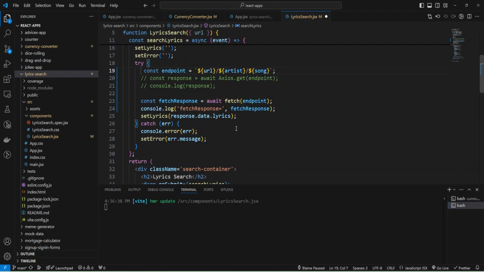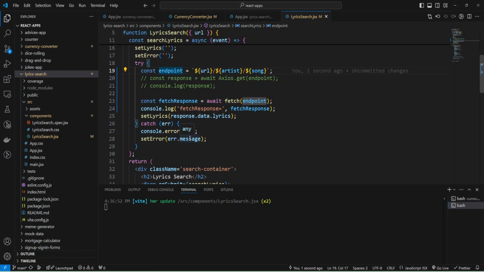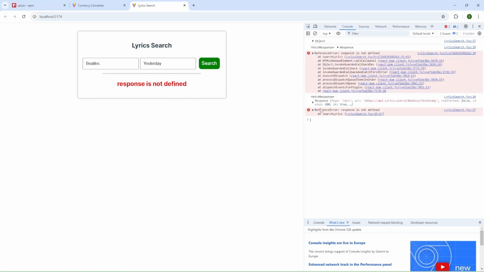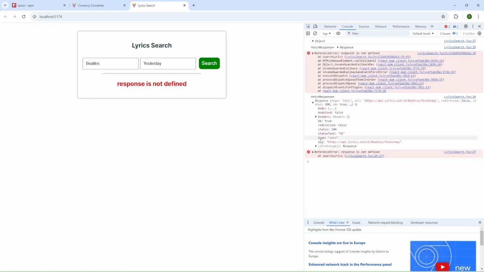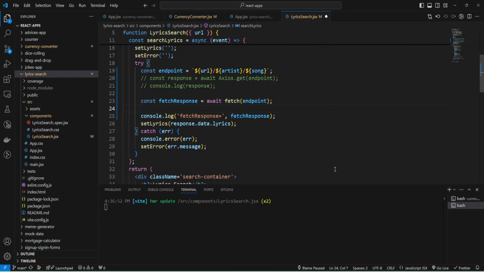Okay, it was my error, and let's check again. I'm going to press search, and response is not defined. Actually, in the fetch response, let's check what I have inside the console. In the fetch response we don't have data, we have only body, and we need to convert the fetch response to some JSON or text.